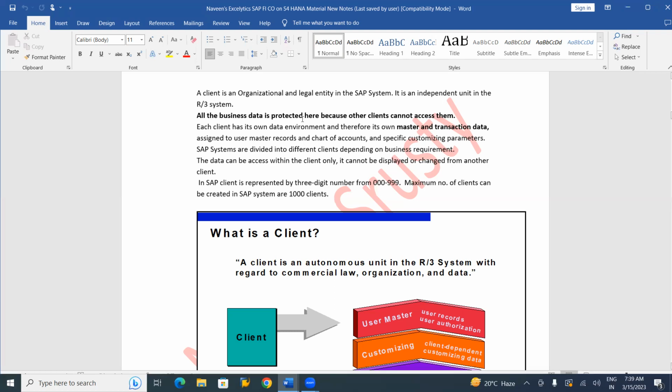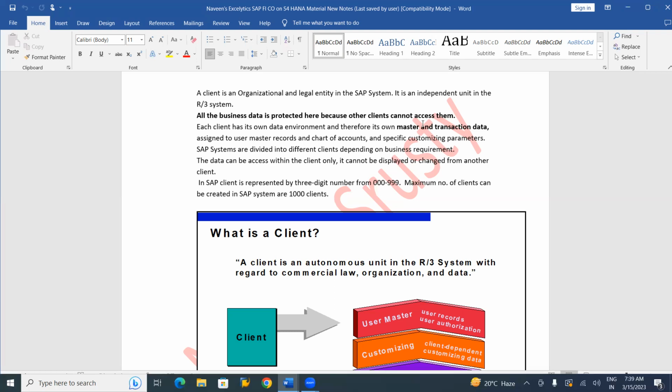Okay. So all the business data is protected here. Other clients cannot access the system. For example, we can use the client numbers from 000 to 999. Say I have 2 clients in my development server, client 100 and client 200.